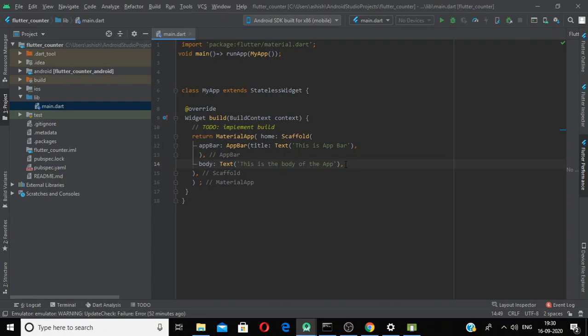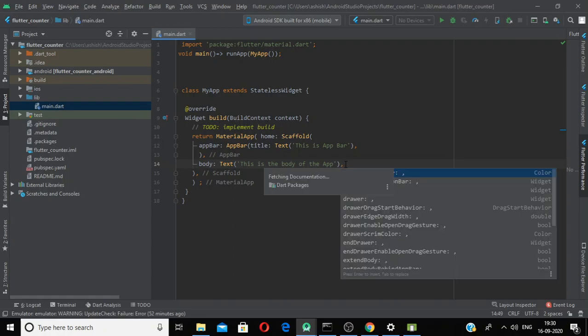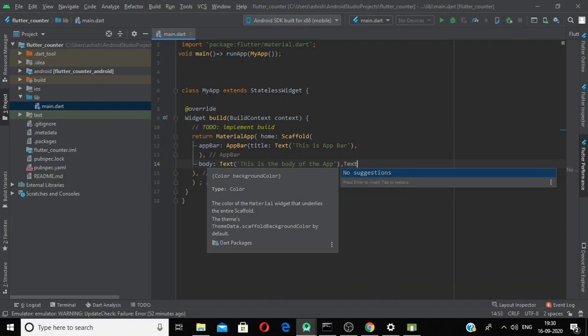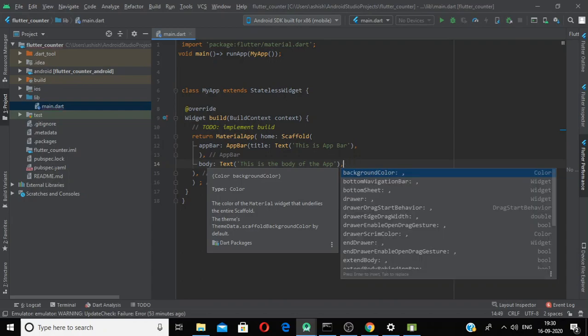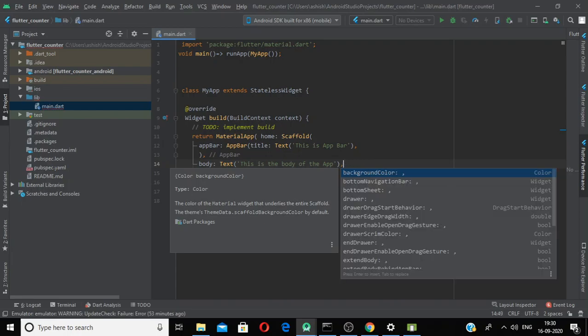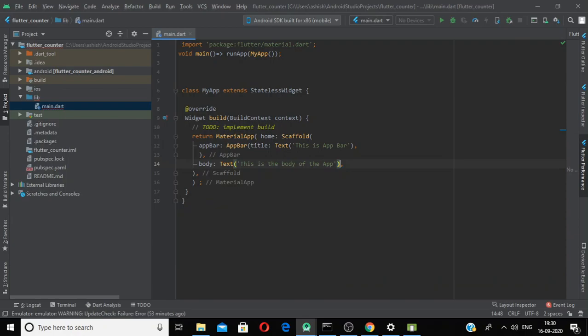If I press Control plus Space, I get the other named arguments, but I don't have any suggestion for text or for that raised button, and I cannot concatenate the text here. So in this case, we will take the help of invisible widgets.